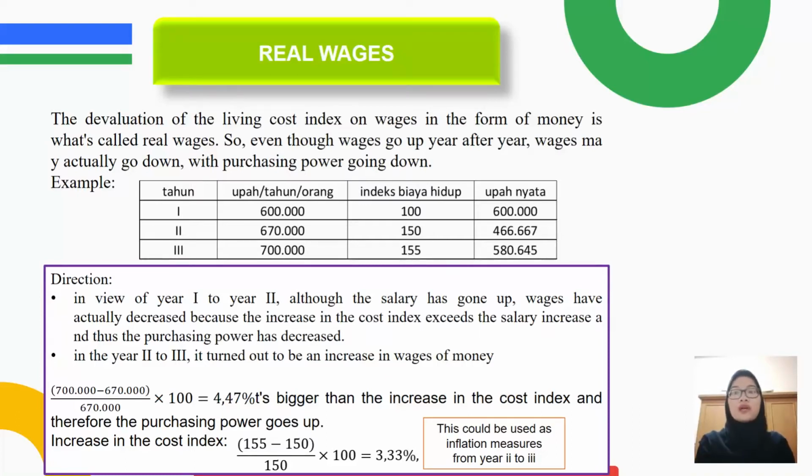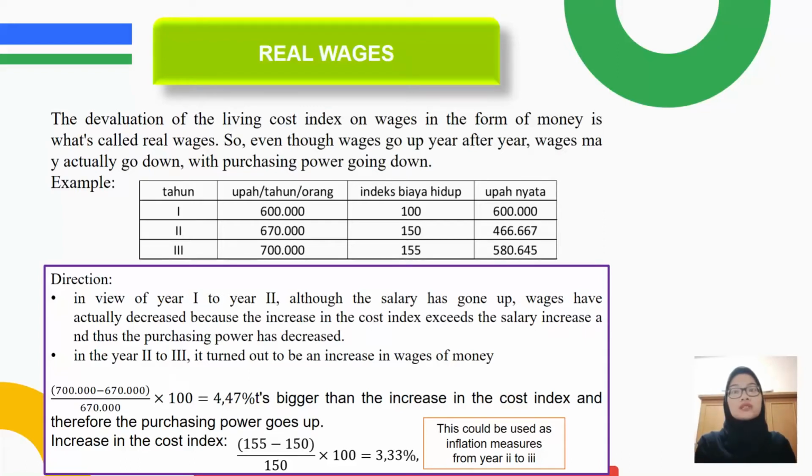And in year 2 there is 670,000, with the living cost is 150 and the real wage is 667,000, and the year 3 is 700,000, for the living cost is 155 and the real wage is 583,645,000. Directions. In view of year 1 to year 2, although the salary has gone up, wages have actually decreased